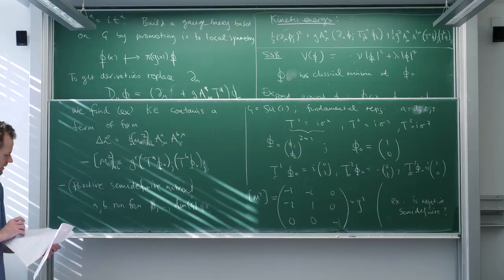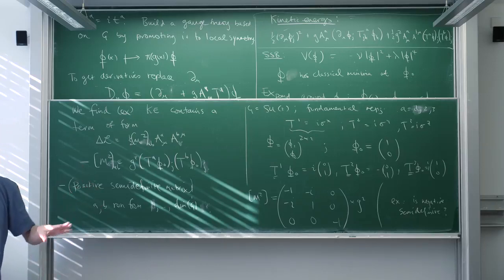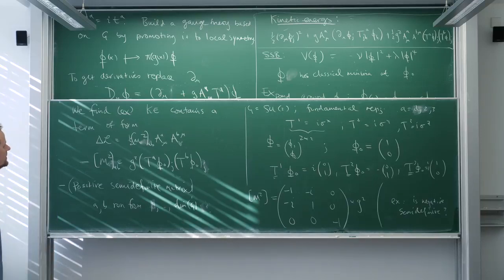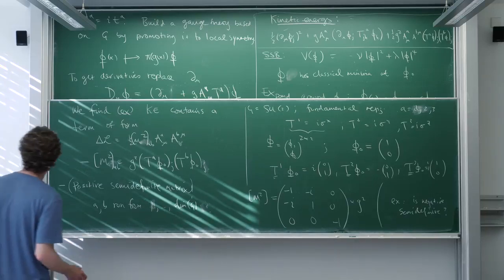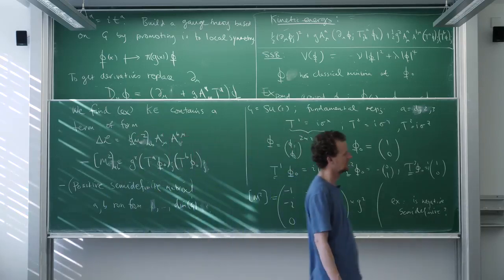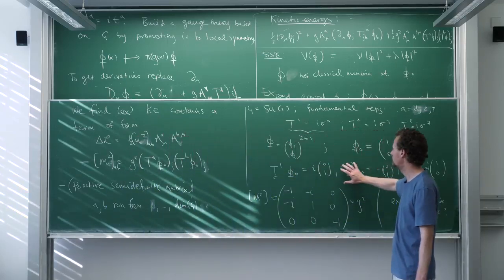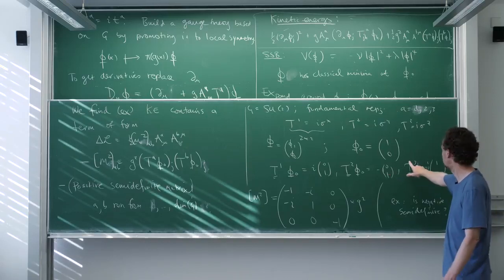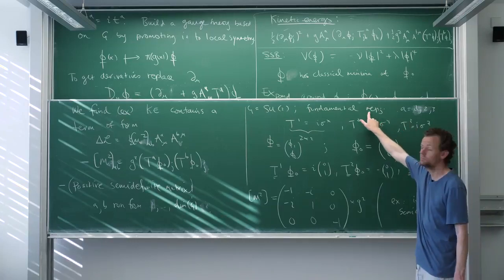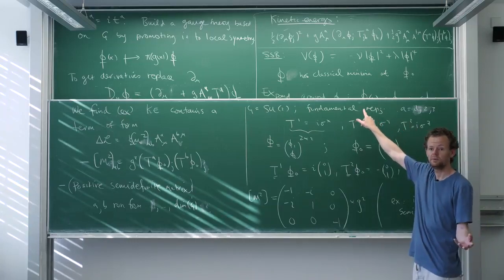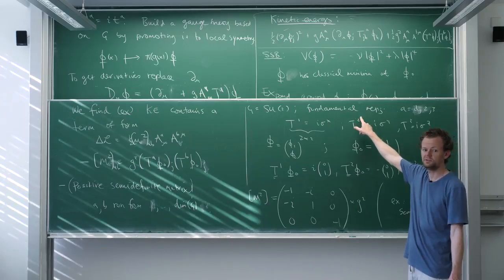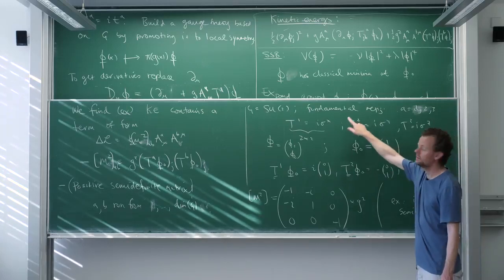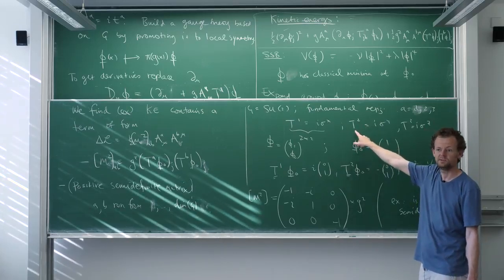Now, I will make one final comment and then we'll stop for today, and we'll end in the next lecture with the Glashow-Weinberg-Salam theory of weak interactions. So the final comment is to do with the choice of representation. Here, we didn't see it, but you can choose a different representation. I chose the fundamental representation, but that's a degree of freedom we have when we build a theory. We could have chosen a bigger one for SU2, and then these matrices would be bigger, maybe 3x3 or 4x4 matrices.